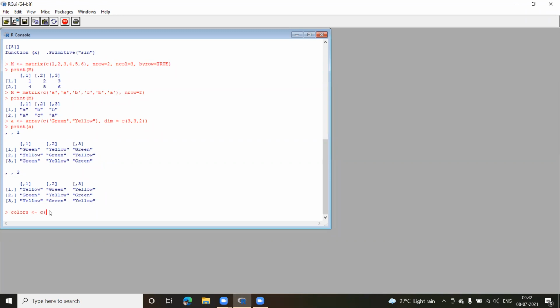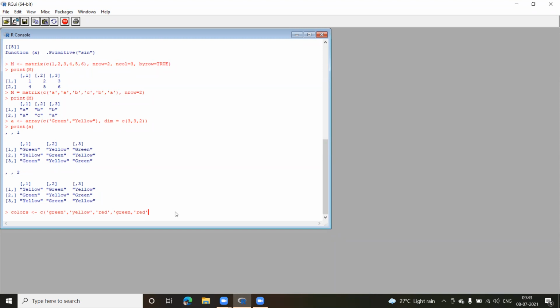First I'm creating a vector here: green, then yellow, again red, I'll repeat green again, and red again. So how many values do I have? 1, 2, 3, 4, 5. I have got 5 values here.